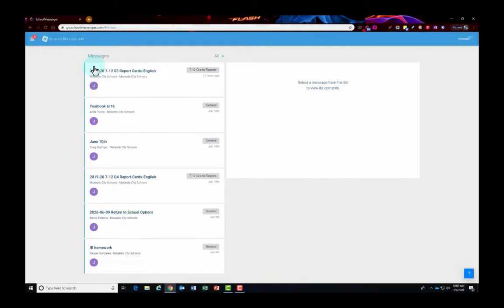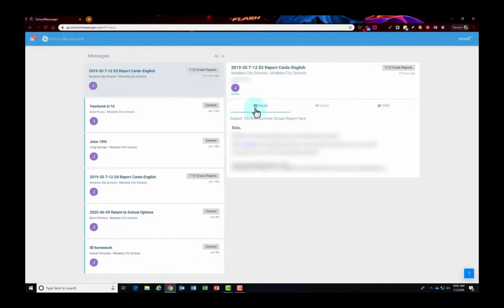The first main area is all your messages, and you can filter this by clicking the drop down here to choose what type of messages you want to see in this main view. All you have to do is click on the message to review it. Only school sites, the district, and the teacher can initiate a message in School Messenger. When you click on a message, you can look if there was an email, a voice message, or a text message associated with that. Again, this is how that's being pushed out to you by the teacher, school site, or the district. But some of those messages will even allow you to respond to them.